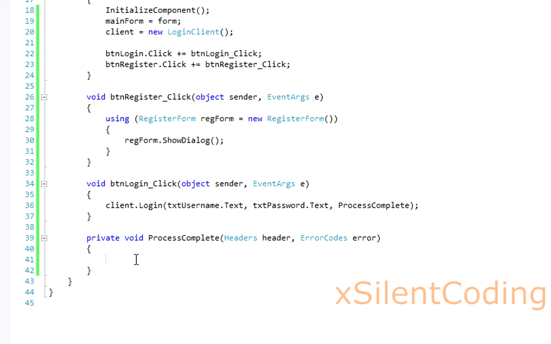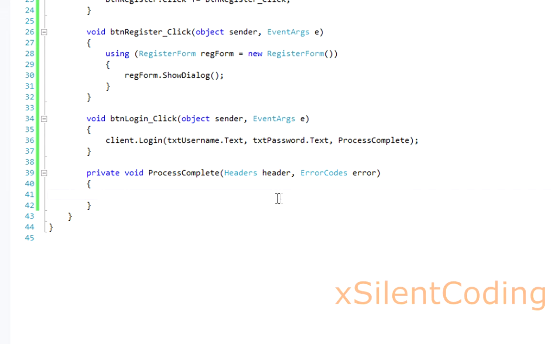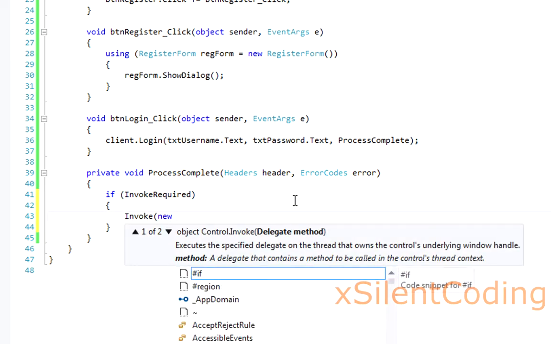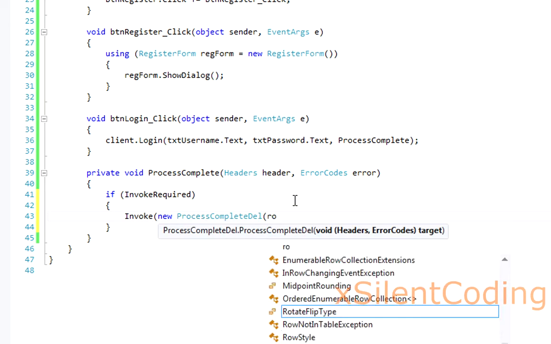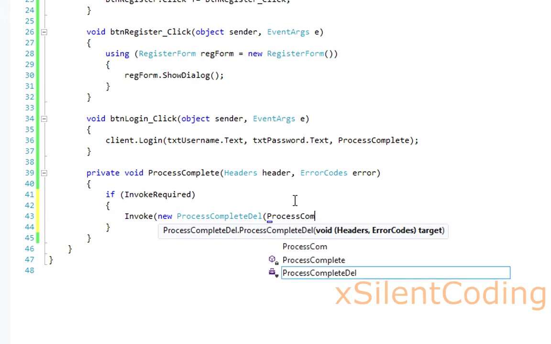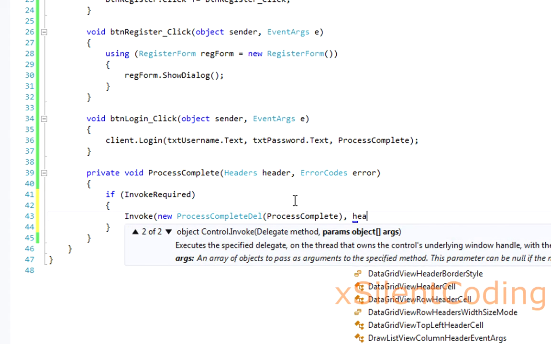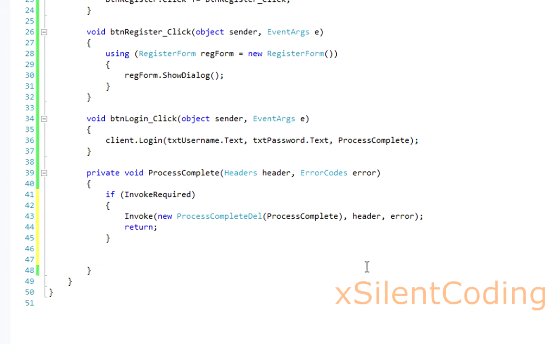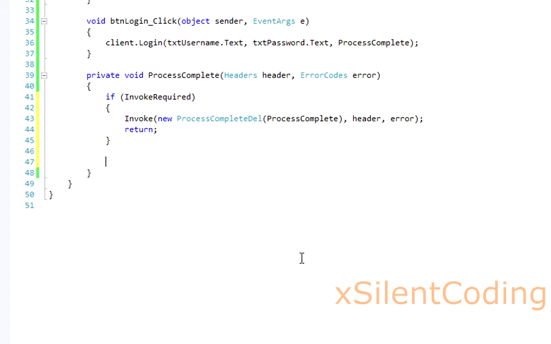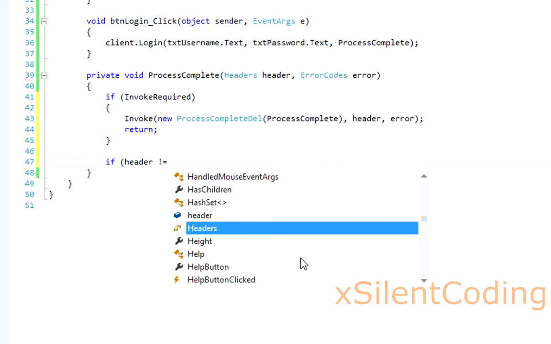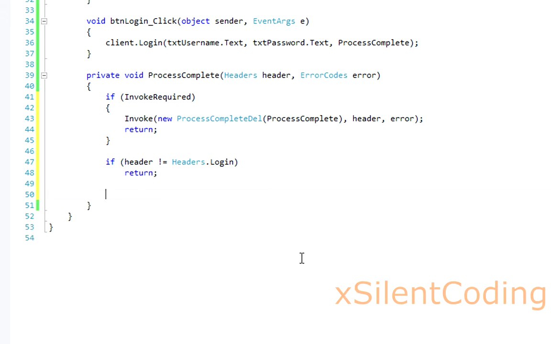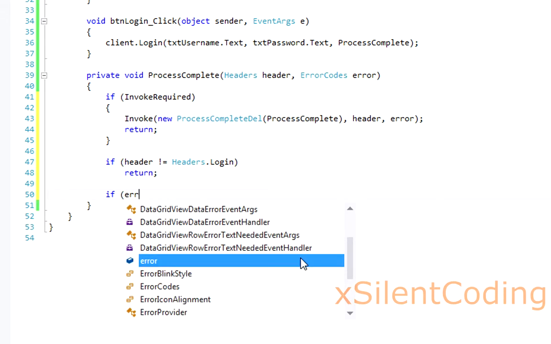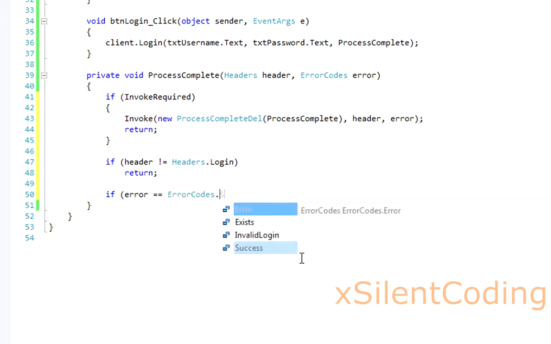Now down in process complete, this will be for logging in. This will be the callback for logging in. Now if invoke required, invoke new process complete del, process complete, and the parameters will be header and error, and return. Now if the header is not equal to login, just return. Now if error equals error codes.success